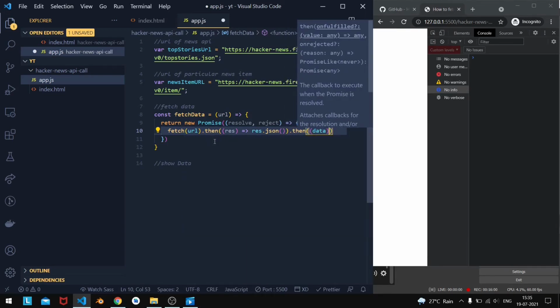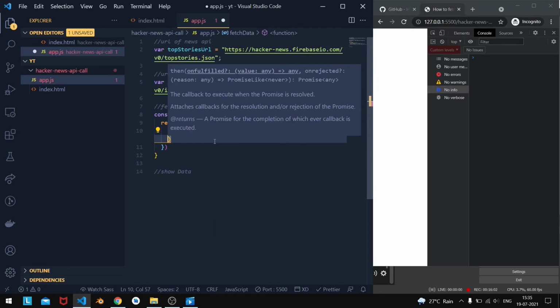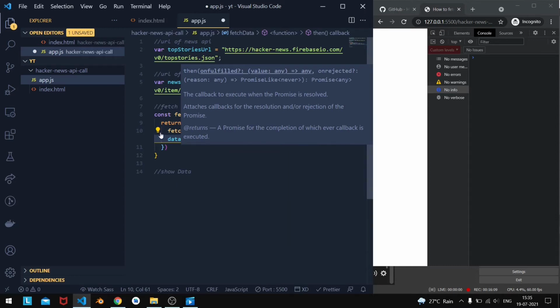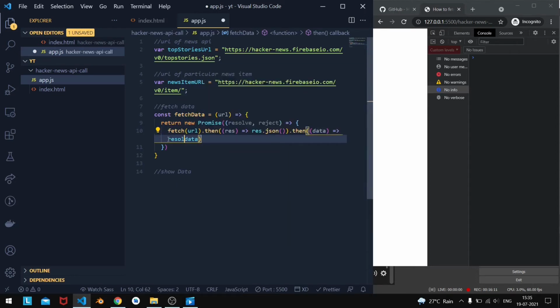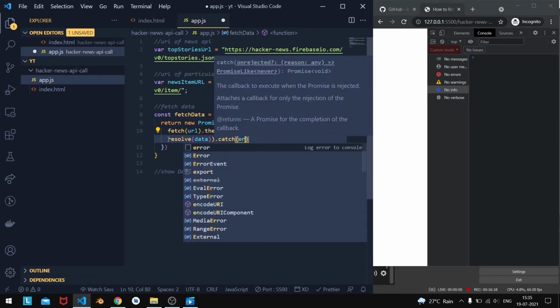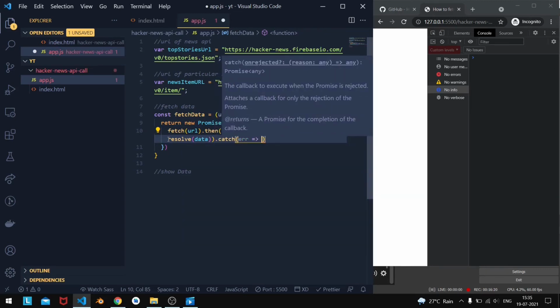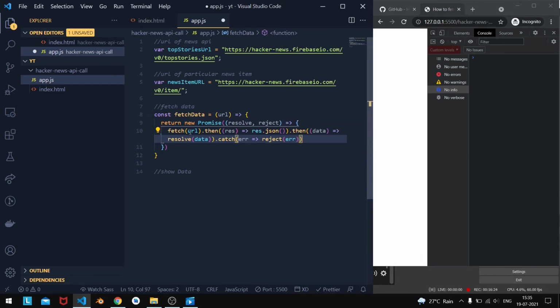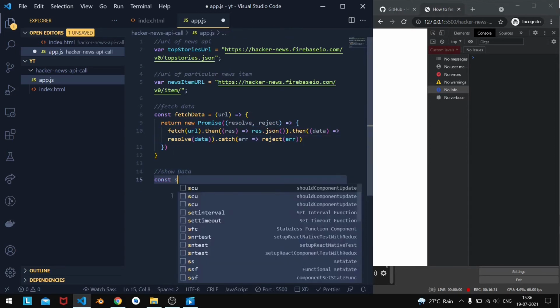Response.json, and again we capture that data from that response. After that we will catch the error, and for the error we will reject it, and for the result we are using resolve.